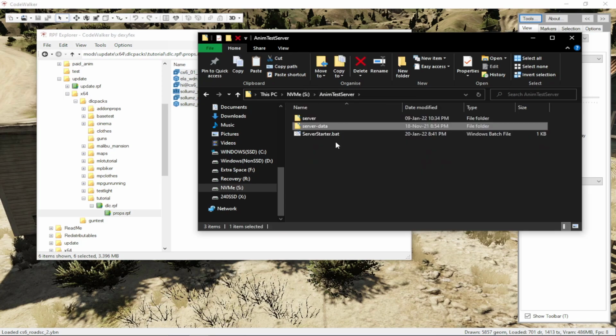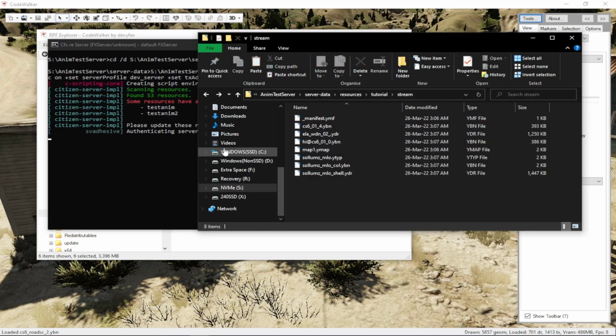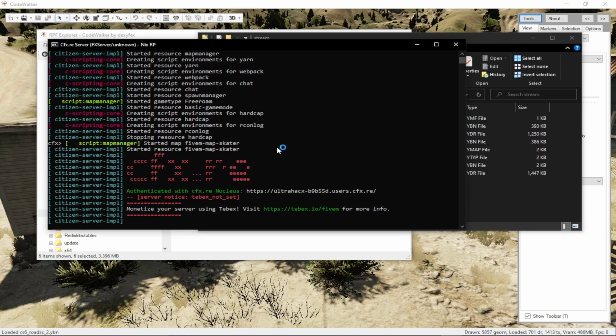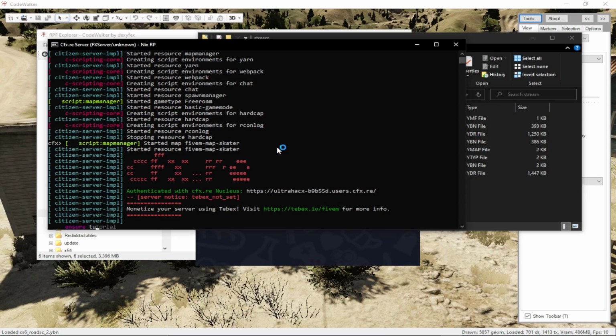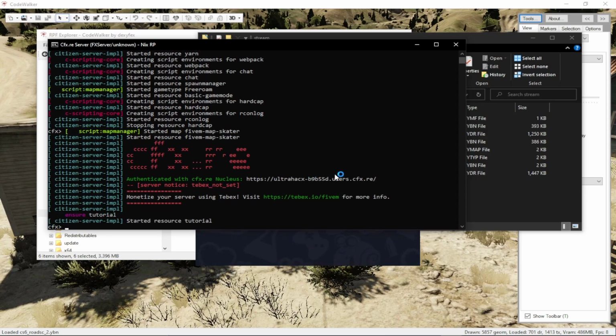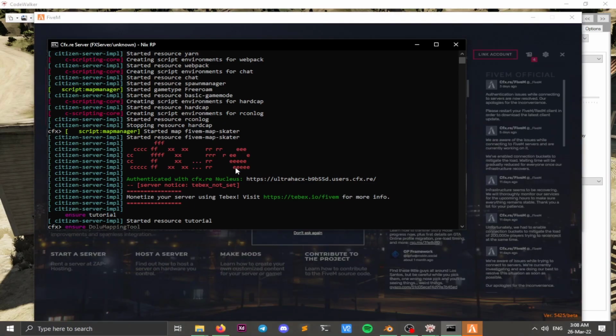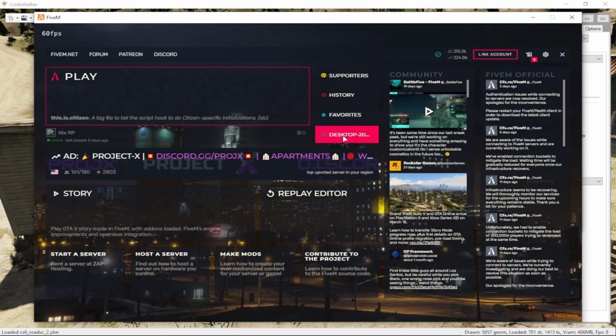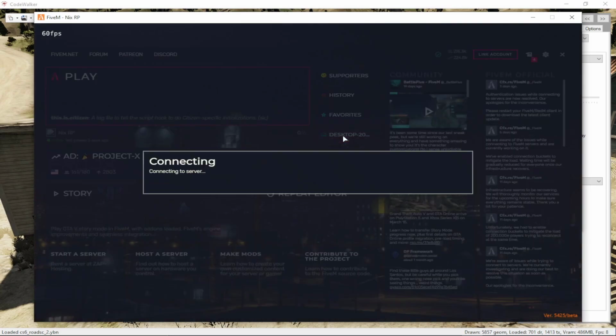And then we can just start the server, launch our FiveM, ensure our resource, and test it out. I'm also gonna enable the mapping tool. And if you just join a localhost,